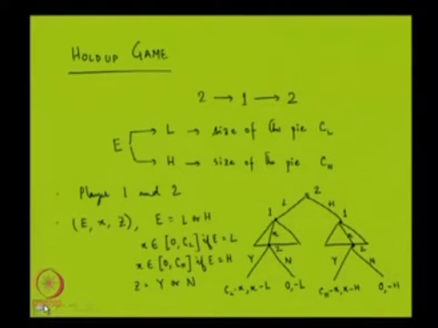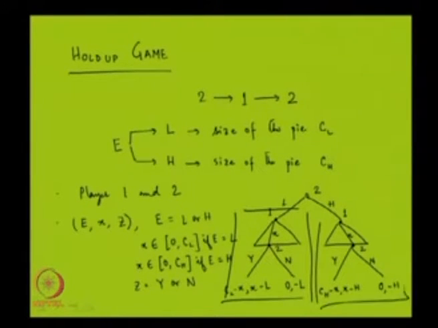Everyone likes to maximize his own payoff, and these are the payoffs, and that is how the preferences are defined. Now, what is the subgame perfect Nash equilibrium here? It's not very difficult to see. After player 2 has decided in the first stage whether the effort is going to be low or high, the game becomes the familiar, this game or this game, both of which are the familiar ultimatum games.